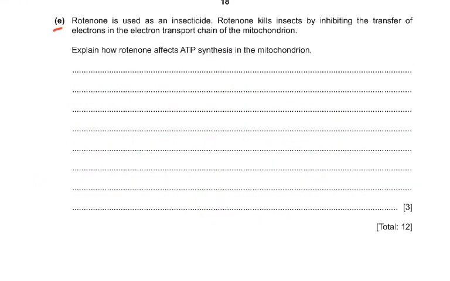Now, coming to the E part of the question. Rotenone is used as an insecticide, whatever the chemical they've named. Rotenone kills insects by inhibiting the transfer of electrons in the electron transport chain of the mitochondria. Explain how rotenone affects ATP synthesis in the mitochondria. Now the clue is that they're saying, okay, inhibiting the transfer of electrons in the electron transport chain. So if you remember the ETC,